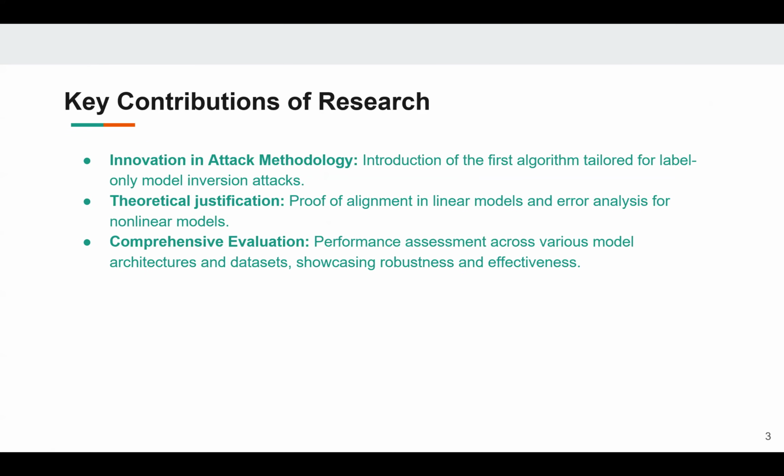So moving on, I'll go through the main contributions of this research paper. Firstly, the authors created a novel way to figure out private information from machine learning models just by looking at the final output labels, without needing any extra details. Secondly, they provide theoretical proof of the efficacy of their method, especially with simpler models like linear regression. It also looks into how it does with more complicated models like deep neural networks. Lastly, they tested their methods across different types of models as well as datasets, and they showcase that they have better performance compared to the confidence-based black box settings, and they also achieve comparable performance to some of the state-of-the-art